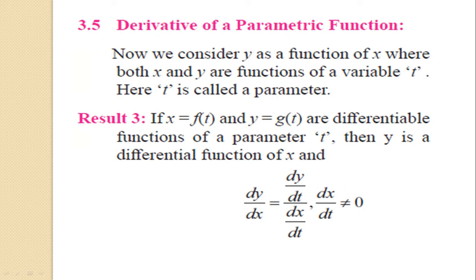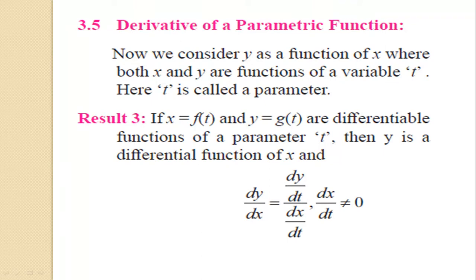y is equal to g of t are differentiable functions of a parameter t, then y is a differentiable function of x such that we get dy by dx is equal to dy by dt upon dx by dt, where dx by dt is not equal to 0. So see here, in this case x is expressed in terms of t, means x is equal to f of t, means x depends on t, and y is equal to g of t means y depends on t. So x and y both depend on the parameter, that is called parameter